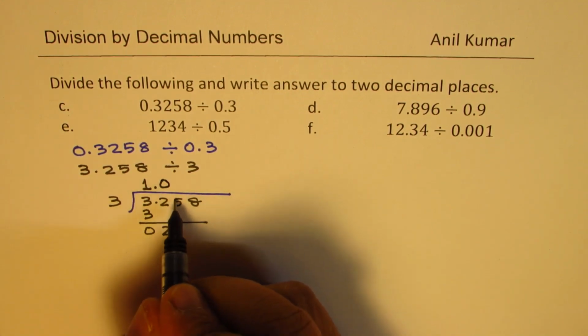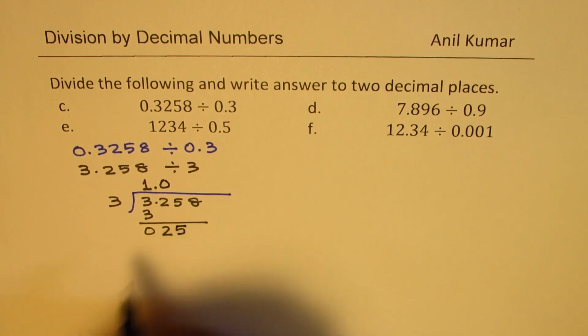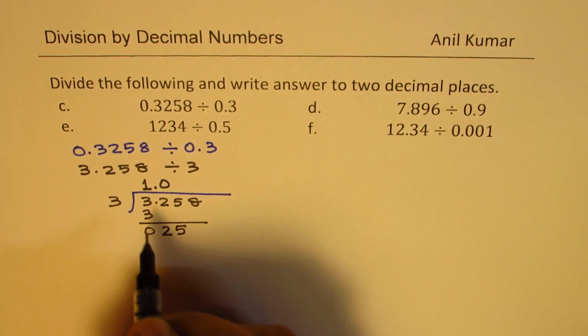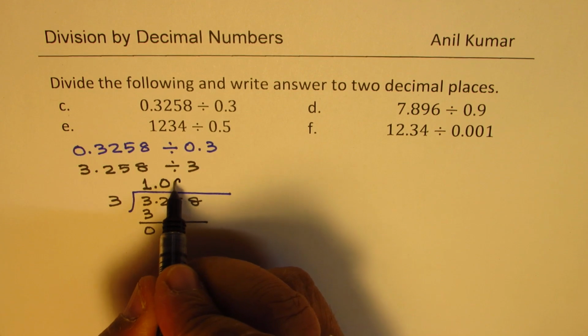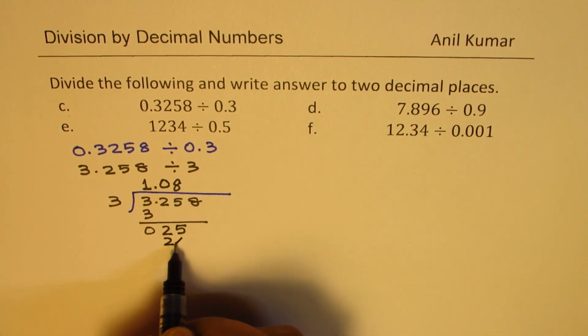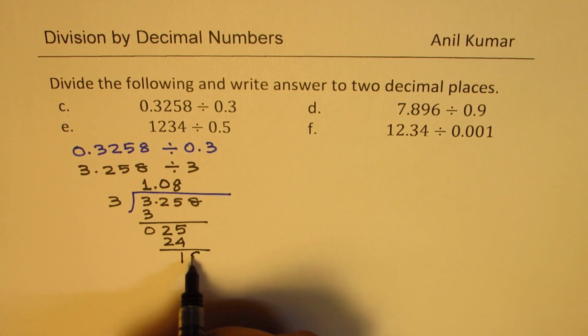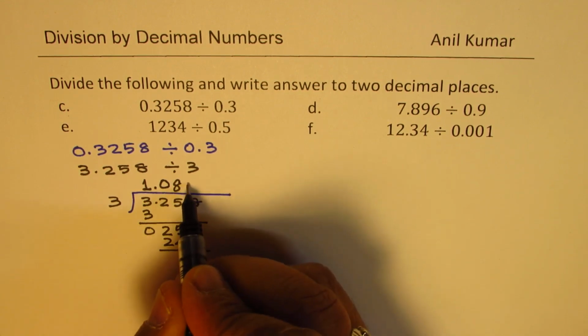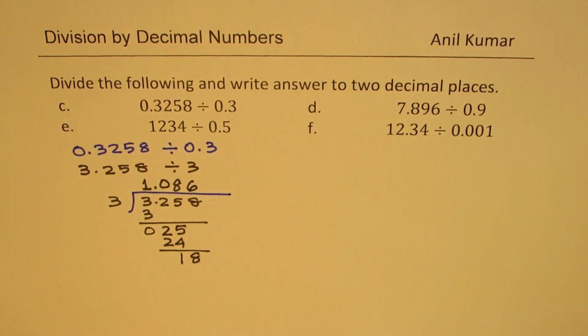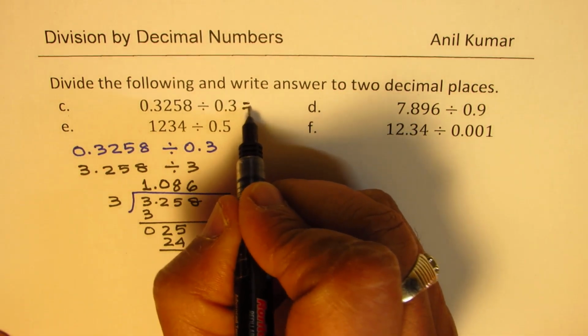So we'll put 0 here. Bring down the next number, which is 5. 24 is 3 times 8 is 24, right? We get 1 here, and the answer here will be 18, and that goes to 6. So we get the answer to 1 point. So here we get